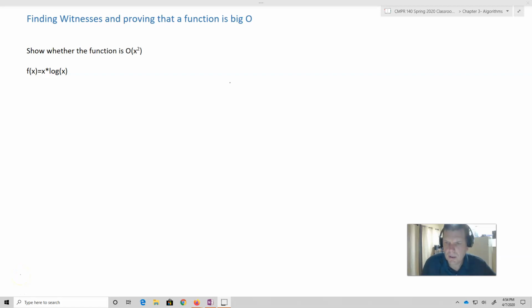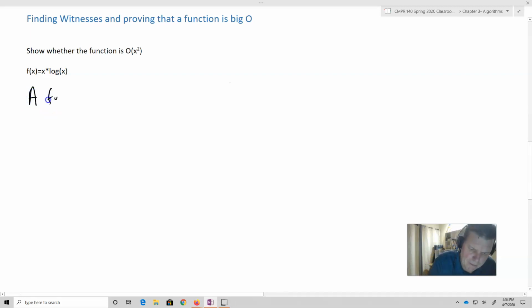Okay, so let's talk about how it is that we prove that a function is big O of some function g of x, and how do we find the witnesses that go along with that so that we can, in fact, prove that it is O of g of x. All right, so you want to remember that a function f,